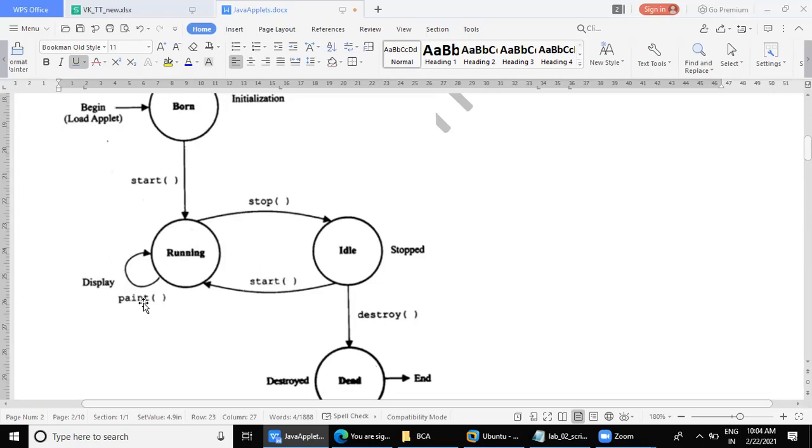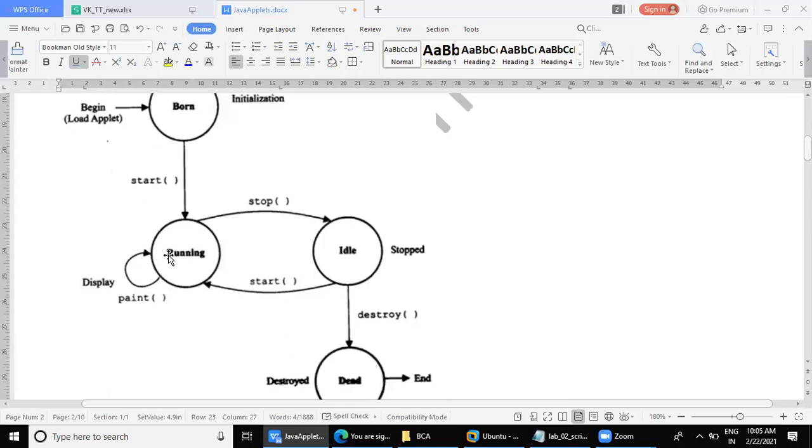That time you will be painting it again. In that case, when you have to repaint the screen, when you have to change the output of the screen, that time you call repaint method many of the times. Clear? So paint and repaint. Paint is only when you have to display the screen only once. Clear? Repaint, sometimes you have to repeatedly change, then you call repaint method. Clear? Yeah. So here paint and repaint both are one and the same.